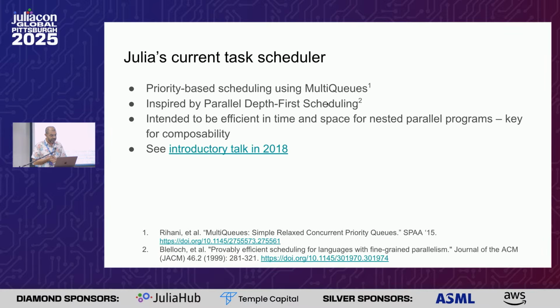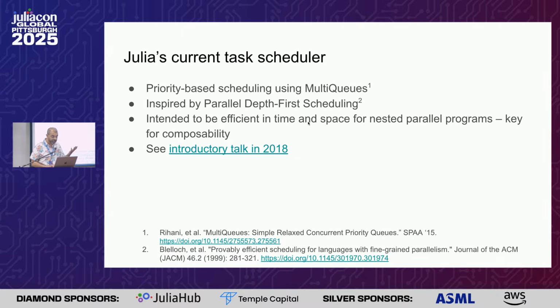Julia's current task scheduler, as I said, was not really designed thinking about this particular aspect of parallelism. The current task scheduler is a priority scheduler. It uses multi-queues. I have all these citations over here. I don't have the clever QR codes. I have to figure out how to start doing that. But yeah, so